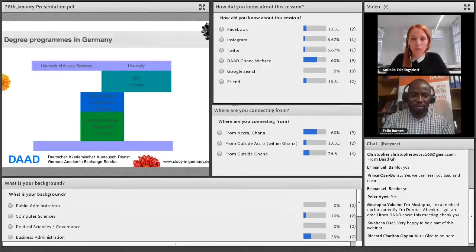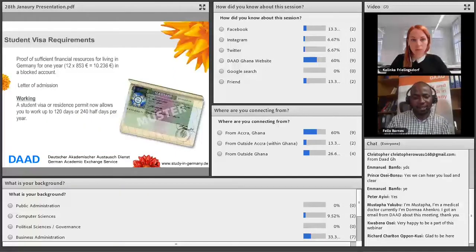We'll hear a lot more later. If you are pursuing a bachelor's, it's between 3 to 4 years, master's 1 to 2 years, and PhD 3 to 4 years. Not all Universities of Applied Sciences award a PhD, but usually you can also do a PhD in collaboration with a University of Applied Sciences.